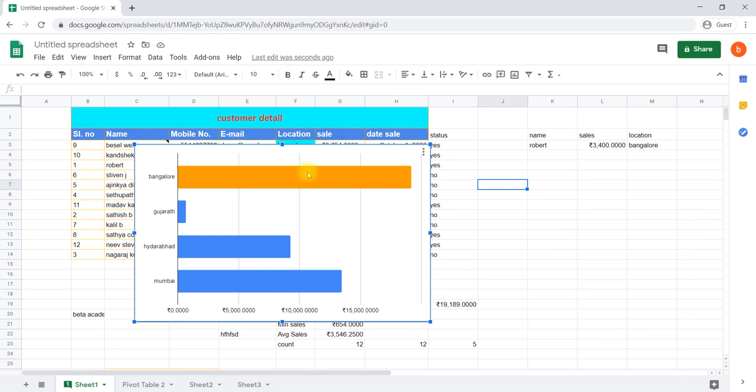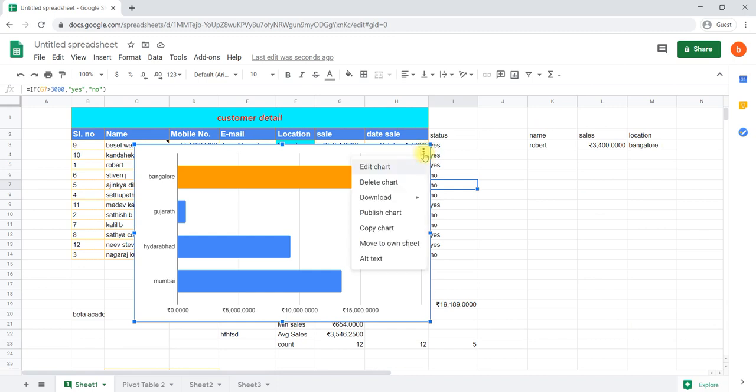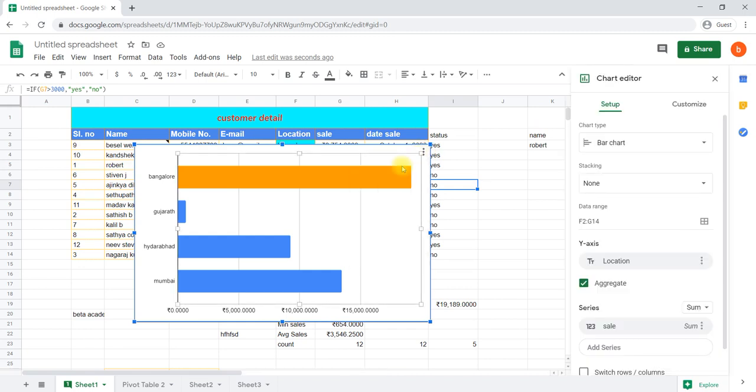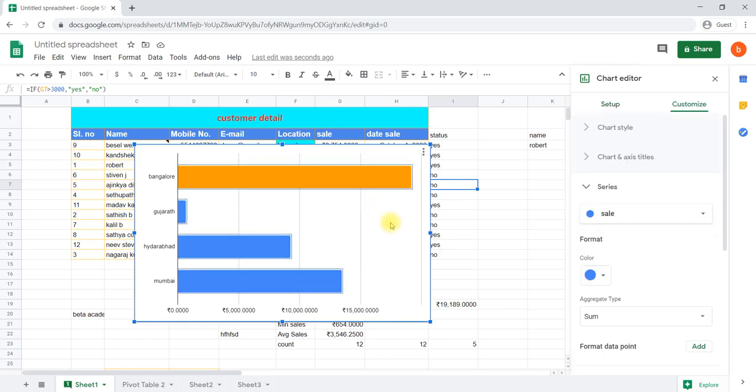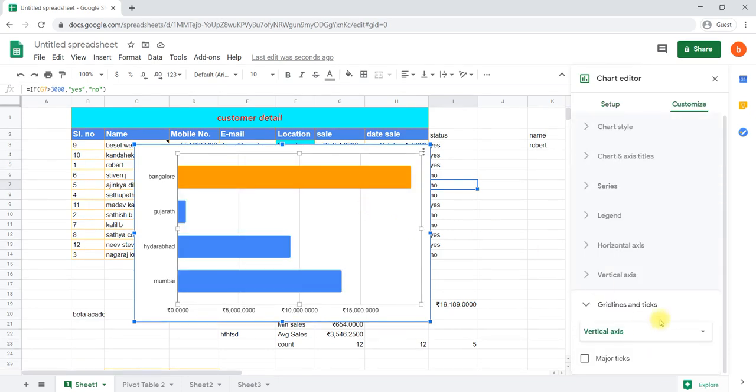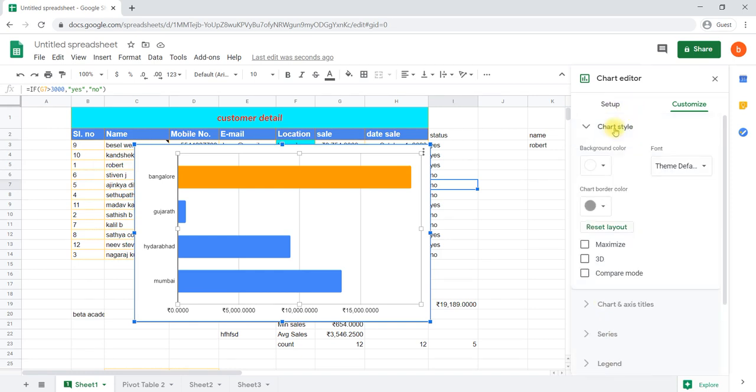This is about inserting a chart. And if you are not able to see this, there are three dots here. Go there, click on the three dots and say Edit chart. For example, if you click on a chart but the chart editor is not displaying at that particular time, the three dots are there on the chart; select the three dots and say Edit chart. You can edit the background also. Under chart style, you can select and change the color of the background.